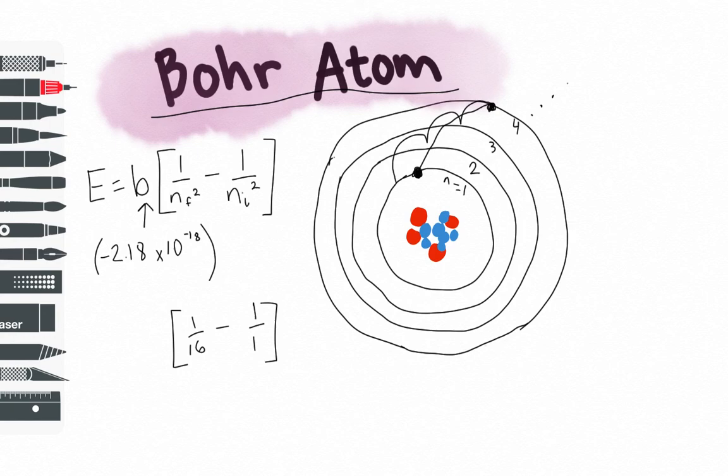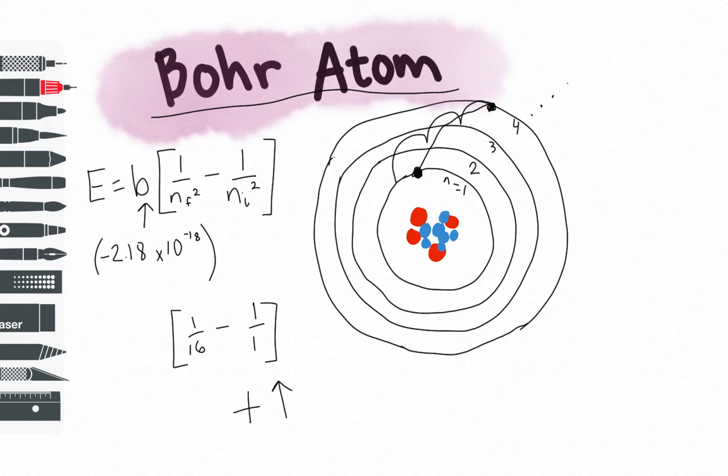So 1 over 16 minus 1 is a negative value, and once you multiply that by the negative constant, you're going to get a positive value. So you get a positive value when you go up